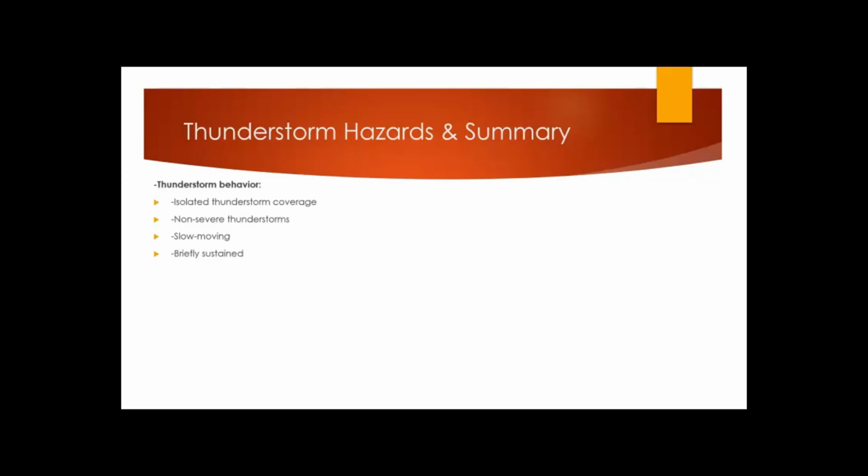The thunderstorms also should be slow moving and briefly sustained, so nothing long lasting, and moving almost at a snail's pace, but in general slow moving. So the hazards would be largely occasional lightning frequency. There is some window of opportunity for small hail, and mostly I think the dominant factor would be the locally heavy rainfall. And the timing would be late this evening into the overnight period, so May 30th to May 31st.